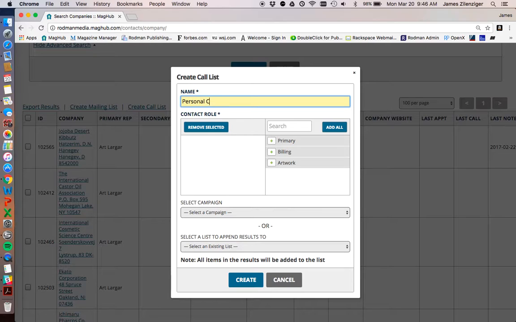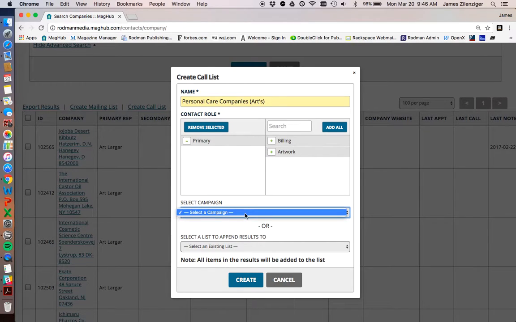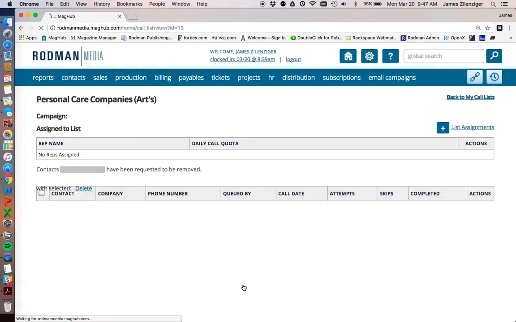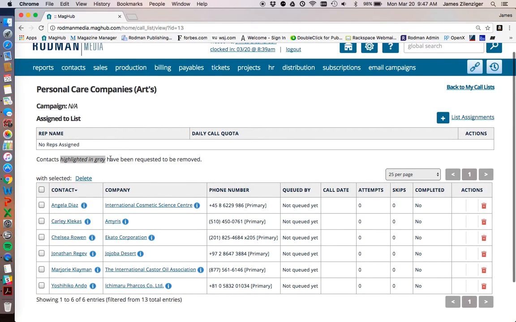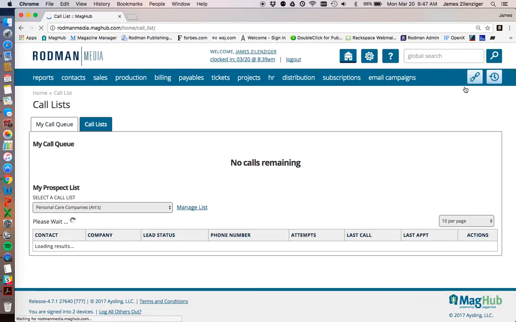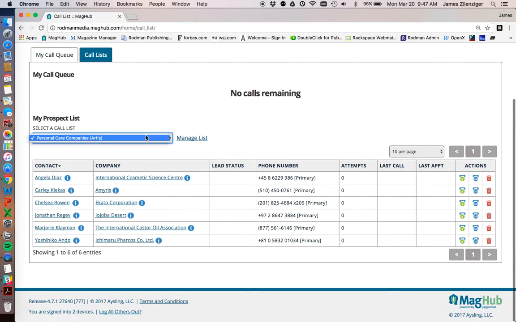You could say personal care companies, Arts. You're calling the primary contact most of these. We don't have any campaigns, but if we click create, you can see here I've created a call list, and each time I contact one of these people, I can check off that, okay, I've called them, I've seen if they're interested in this issue, or I could go back to my other call list and see what other call lists there are. But this one I have personal care company arts, and it's just a nice way to go down,